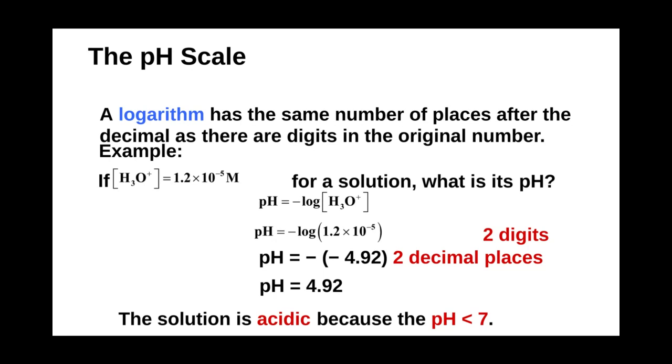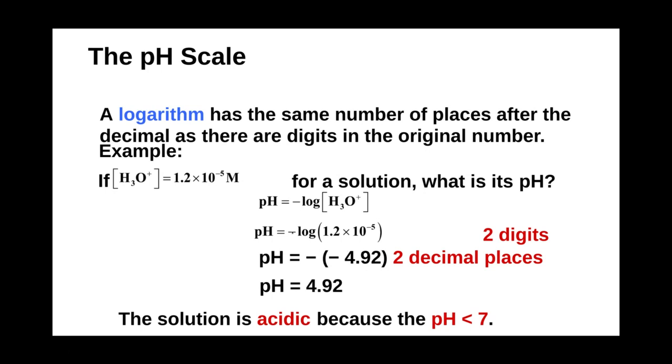But when you take the logarithmic value of this value, so 1.2 times 10 to the minus 5, you end up getting minus 4.92. Now, generally speaking, when you have a minus sign in your exponent, you're going to get a negative number when you take the logarithmic value of it, just as a note. For instance, if we had 1 times 10 to the minus 5, the value would here be minus 5, just as a note. Now, we have the negative times the negative, which gives us a positive.